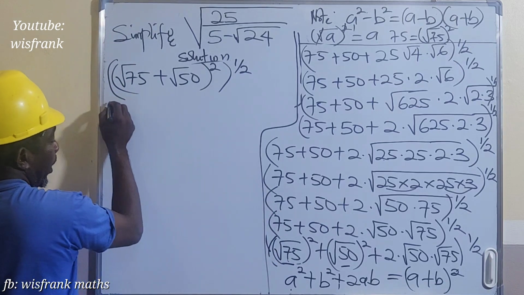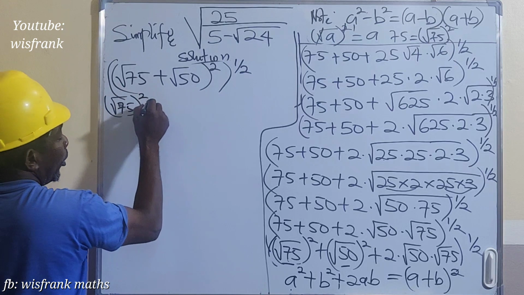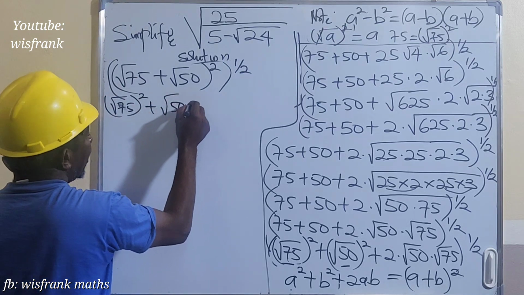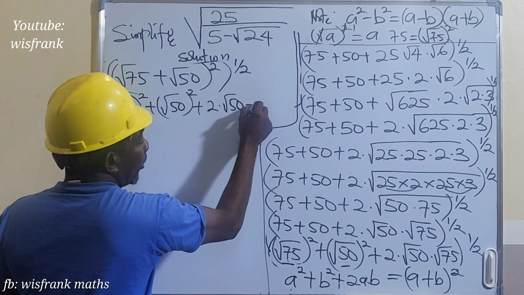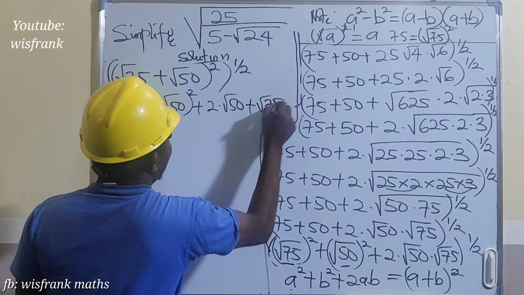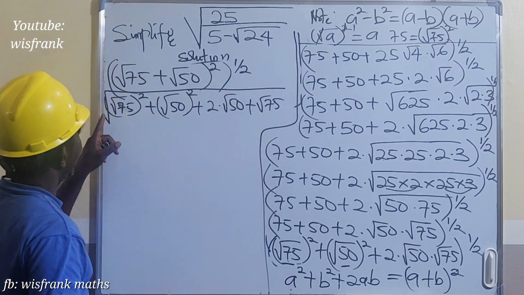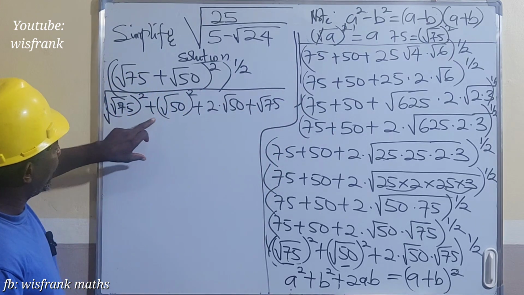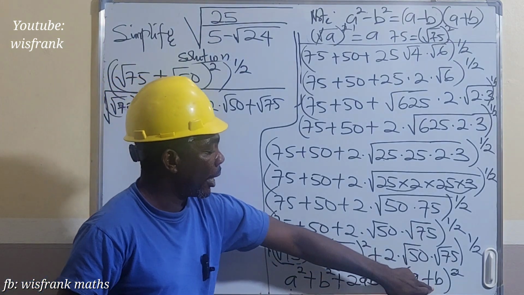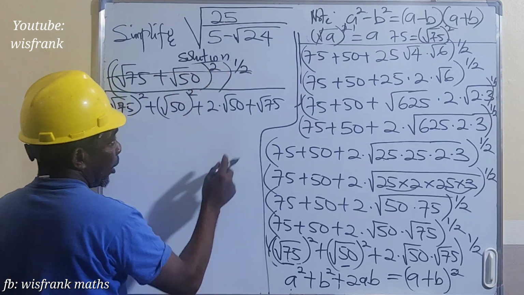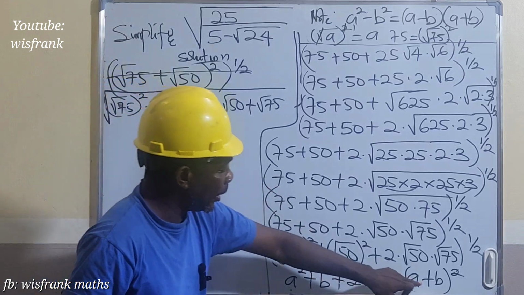Transferring this to this other side, we have square root of 75 all to the power of 2 plus square root of 50 all to the power of 2 plus 2 times square root of 50 plus square root of 75. All this is square root. So that is what we have. So we said before, we want to express this in this format. Let's keep this aside first. I don't want this to confuse us. Then now, expressing this in this format